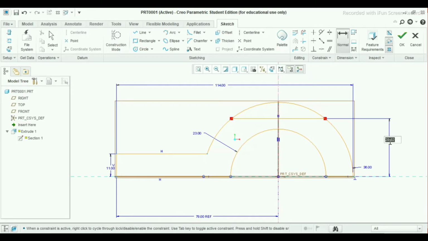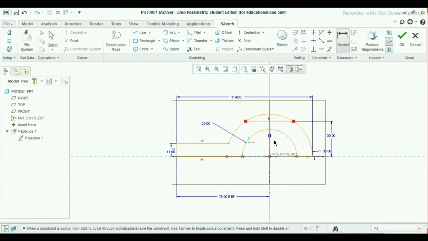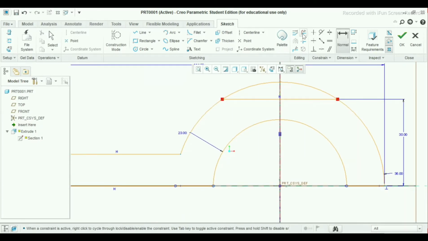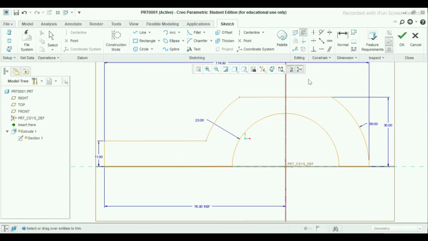Press scroll button. Take the dimension as 30 mm and use delete segment, because the two points indicate that this sketch is not closed. So I will close it by deleting this arc. Press scroll button. Now OK.